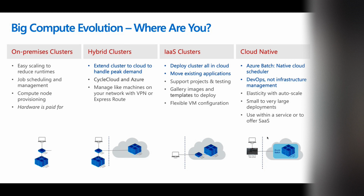But then the next thing is, customers also wanted to do something with cloud native, right? They do not want to worry about managing these IaaS-based virtual machines too, right? So Azure has a solution to cater to those customers. By using cloud native, the customers or ISVs can develop some sort of a SaaS solution for their end users, and then they don't have to worry about infrastructure, scaling, and all those things. Those things are provided out of the box by Azure. So to cater to all those needs,